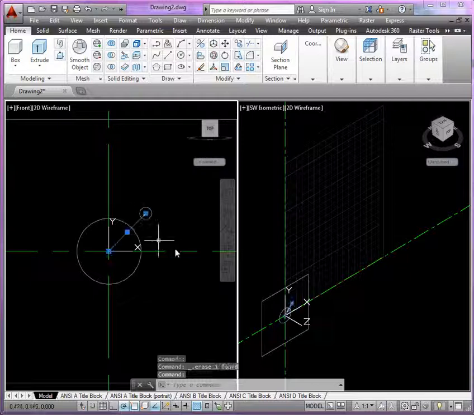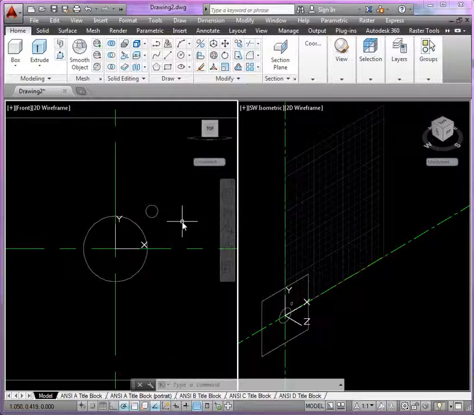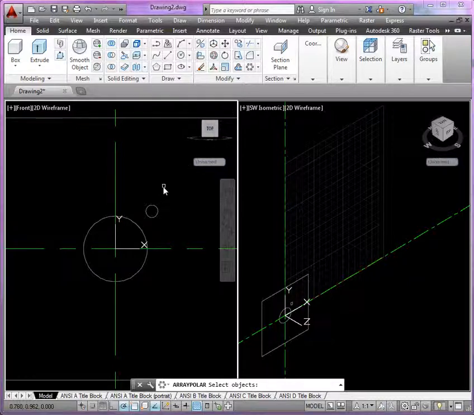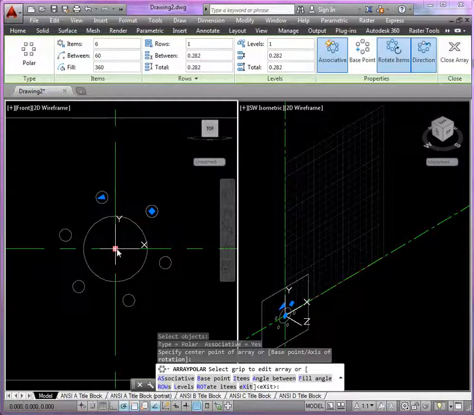Then I could get rid of these temporary lines. Now to complete the pattern here, you can do this a number of ways. You can go ahead and lay out some more reference geometry, or you could simply use a polar array pattern. So for that, if we look at modify, we're going to use polar array. We'll select the object that we want to array, hit enter, and we'll start here as the base, and when